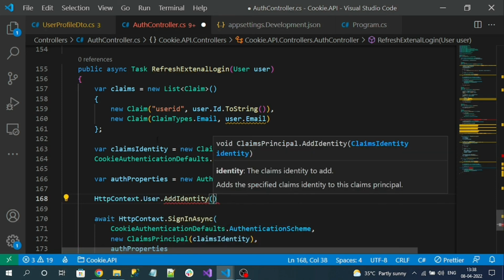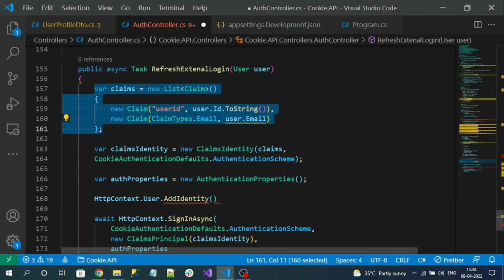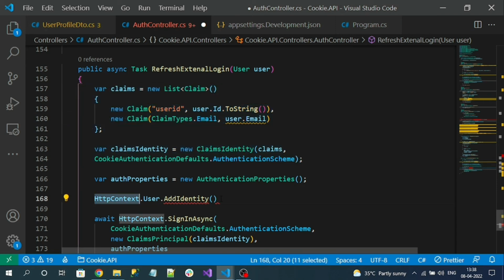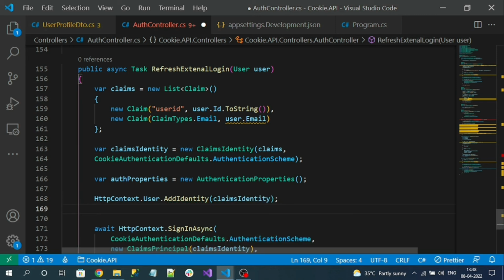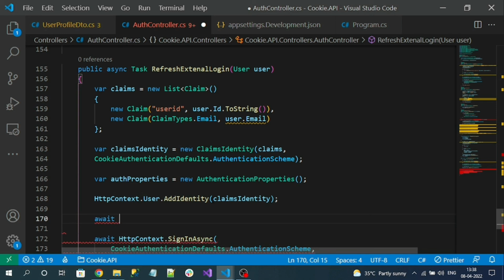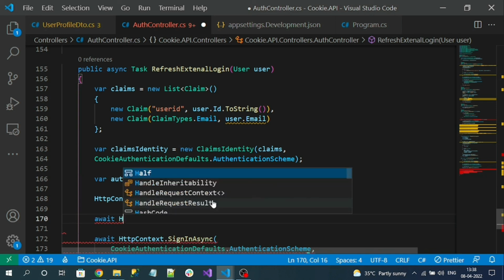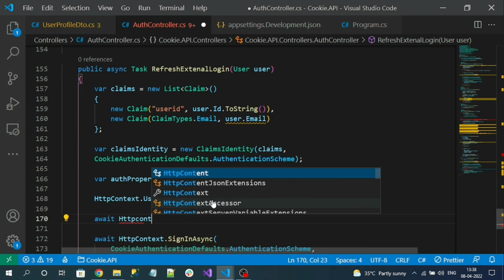So here I am preparing a new claims identity with my user information from my database. Currently, up to this line, the current context is based on the Facebook cookie. So now I am overriding it. Next, I want to delete the cookie that was created by the default Facebook handler in our .NET framework. To delete that, we know the method HttpContext dot